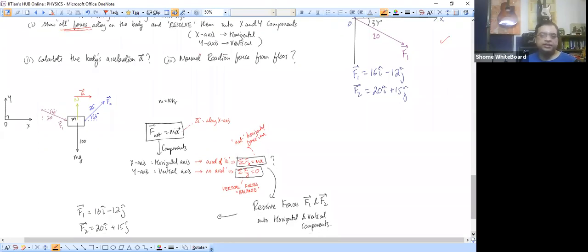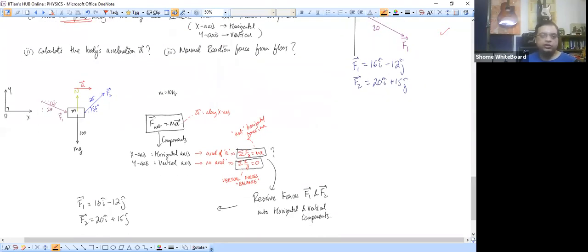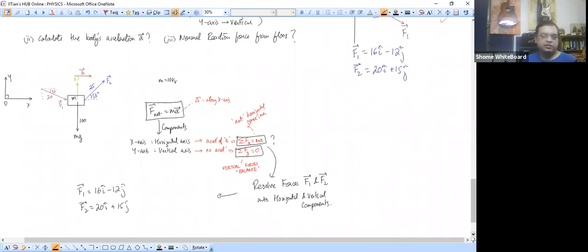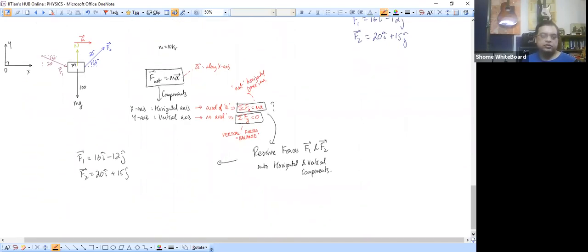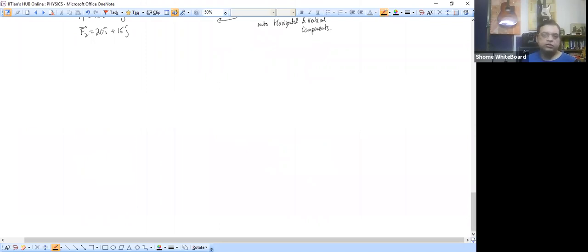So what we'll show is that this force F1, what is its horizontal component? It is 16. And what is its vertically downward component? It is 12. And this force F2, its horizontal component is how much? It's 20, but its vertically upward component is how much? 15. Okay. So now it is like on the same block,